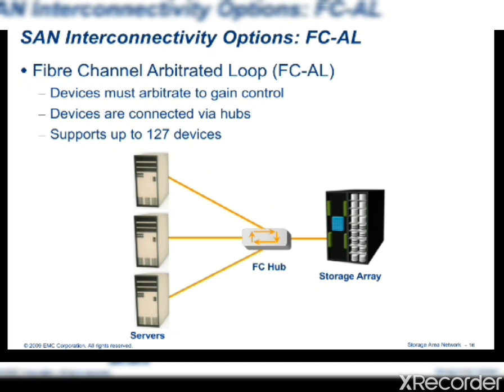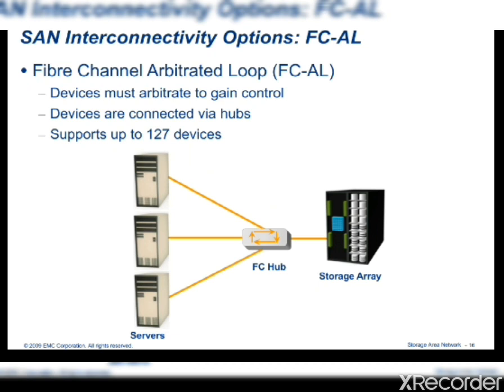Since the network loop is shared by all the devices, the devices connected in this loop have to struggle with other devices to perform IO operations. What does this mean? This means that at any given point of time, only one device can perform IO operations. Since the connectivity is shared, those devices have to fight with other devices to perform IO operations. So FCAL shares the loop, and only one device can perform IO operation.